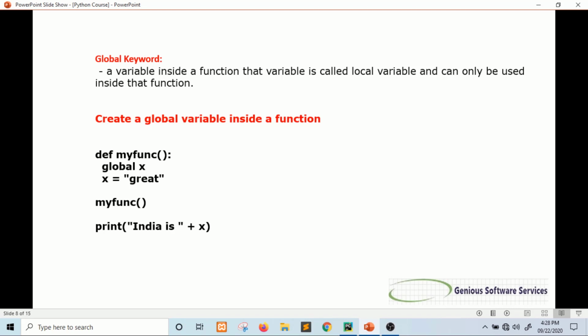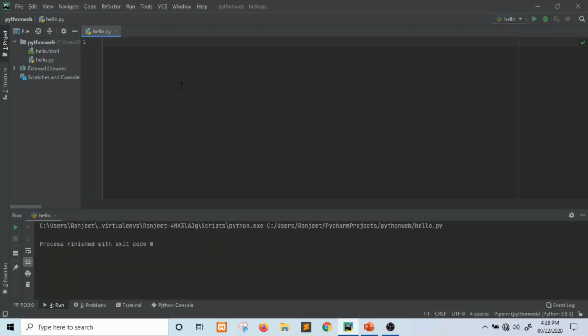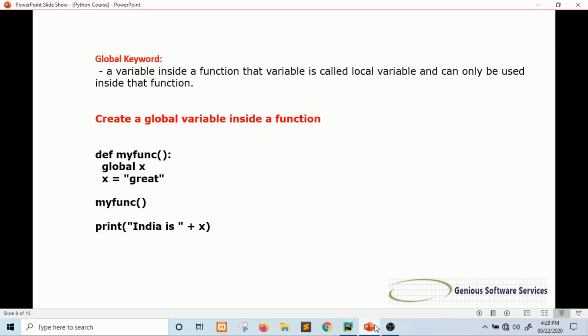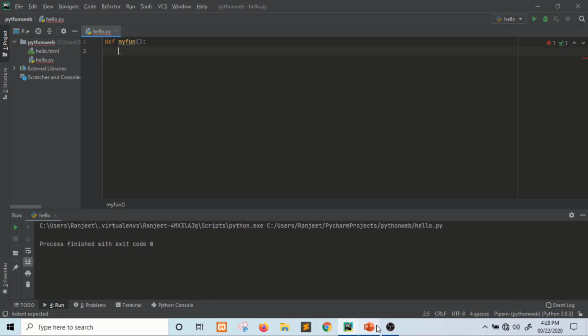Right, so now we can see that def my function, global.